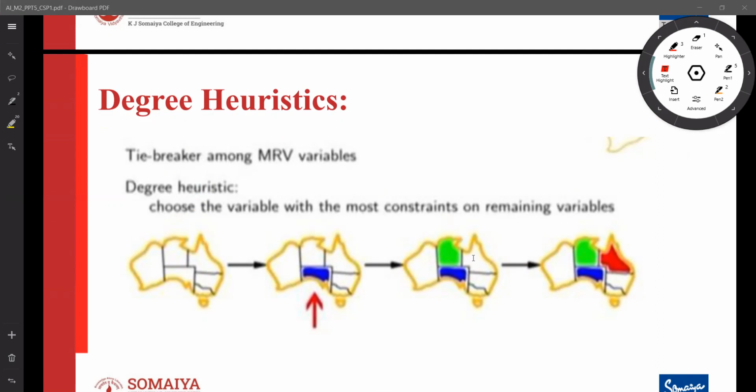Now the next question: which value do we assign first? We know that we have selected the variable. Let's say we have selected the variable South Australia first, but South Australia has three different values. Now which value do we have to assign first? That is the answer to the second question. Now you may not get this from this example, but intuitively, which value should we assign first? One idea is the value set by the least number of variables in one assignment.